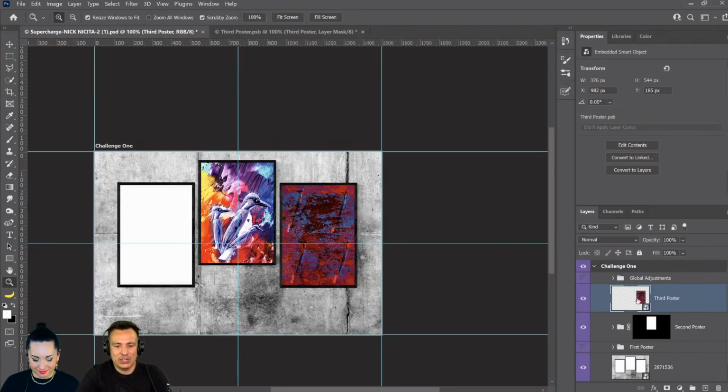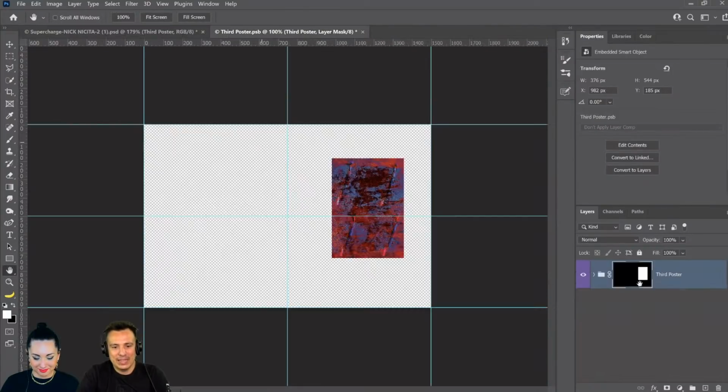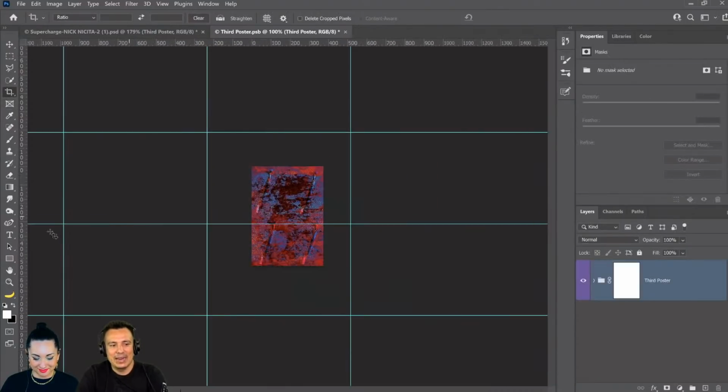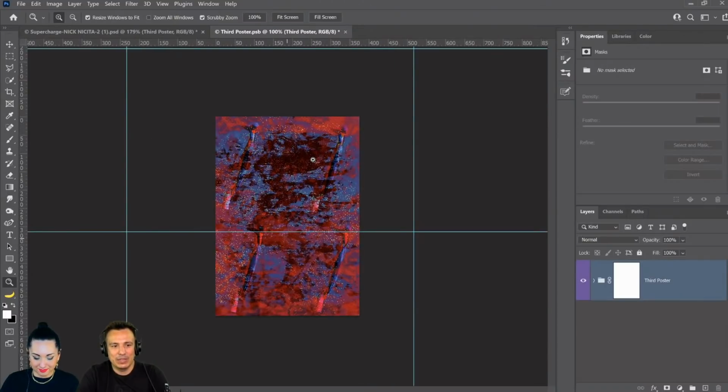And in this case, since I created a smart object from the contents of this document, I have all this extra space. In reality, if I would have done this the appropriate way, I would have just had this as my smart object, and I can come in here and make all the adjustments that I want.